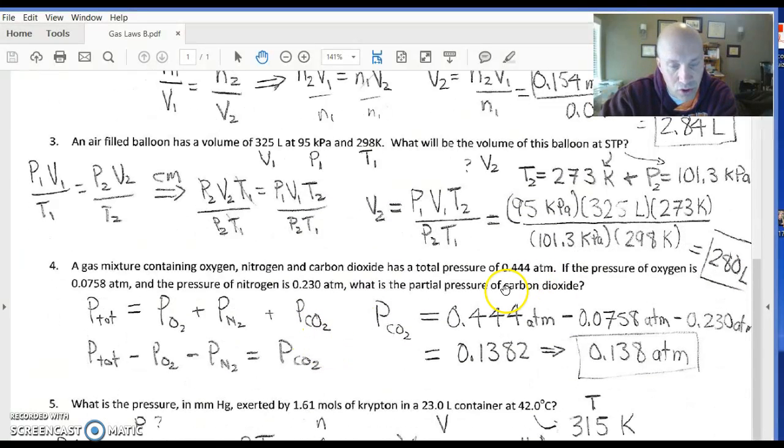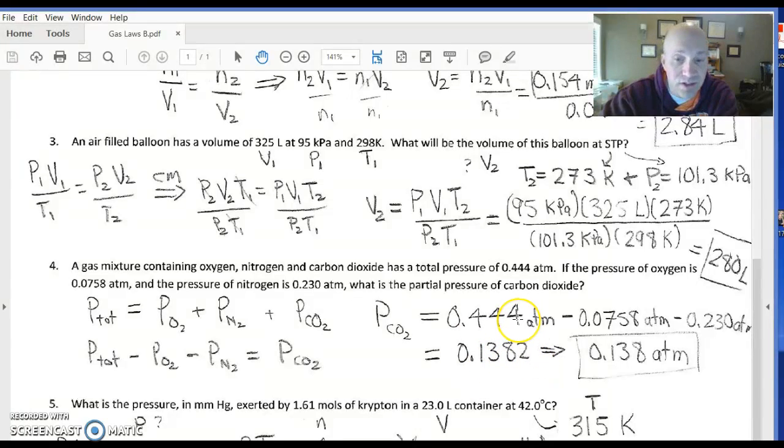Okay, this is a partial pressure problem. Essentially, the total pressure is going to equal the sum of all the partial pressures. It's asking us what's the partial pressure of carbon dioxide, which is this one. So to get this by itself, we could rearrange this equation right here to give this right here. We could solve it, plug in the values that we have,